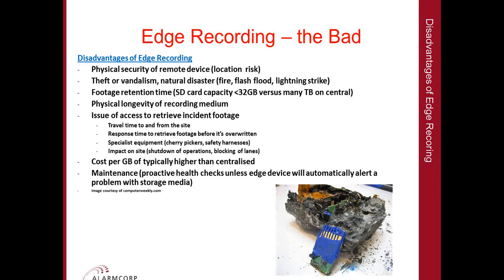Okay. Likewise, there is the issue of retention time. Now, as of today, the typically biggest SD card that you can readily buy is up to about 32 gigabytes versus many terabytes on a central server. There is also the physical longevity of the recording medium. In other words, can an SD card deliver the same number of read-write cycles, and how long will it live in a camera that's sitting on top of a pole that's regularly getting to very high temperatures because of direct